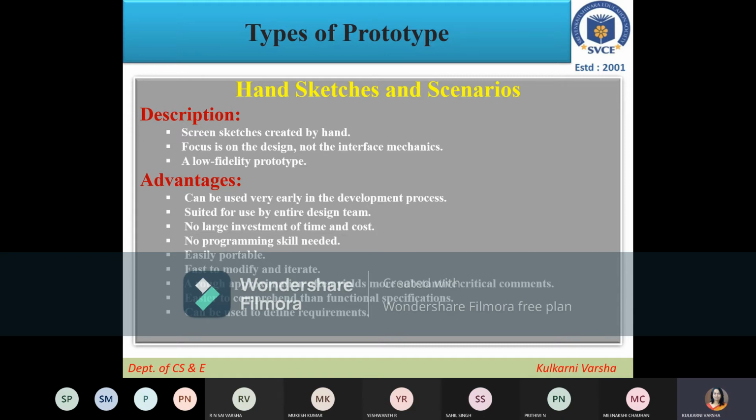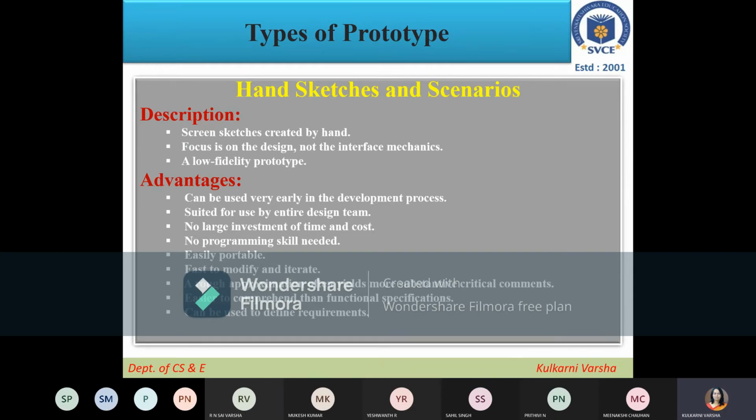But when it comes to UID, we are just designing the screens, right? How the screen will look. We are not going to check the programming logic. Only how a particular app or product should start, what the first screen should be, and when they click on this or that, what the next screen should be, right? The way we have seen in the case study we did.